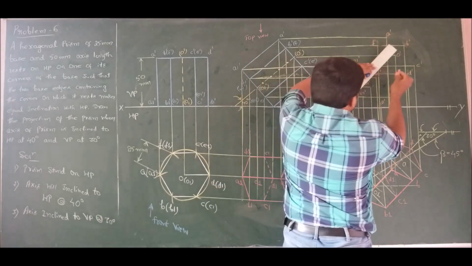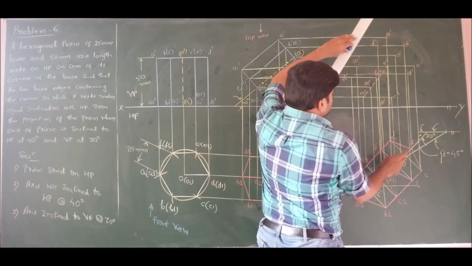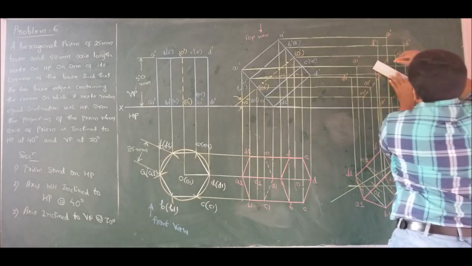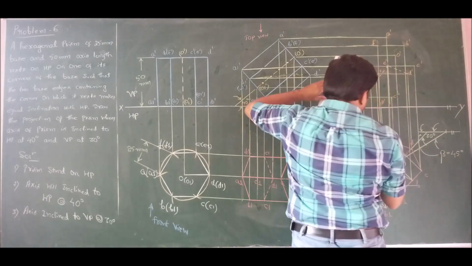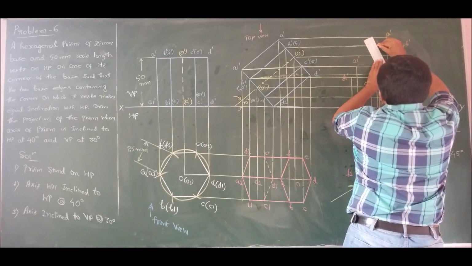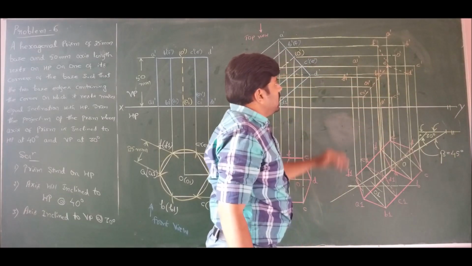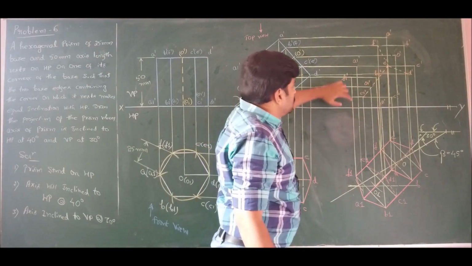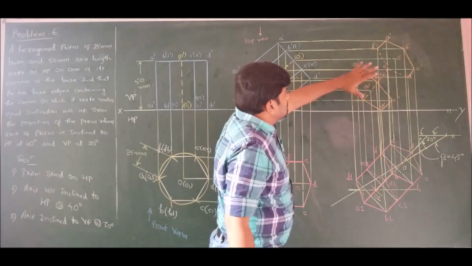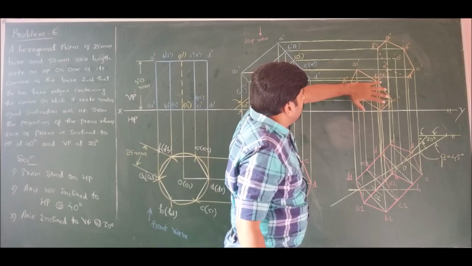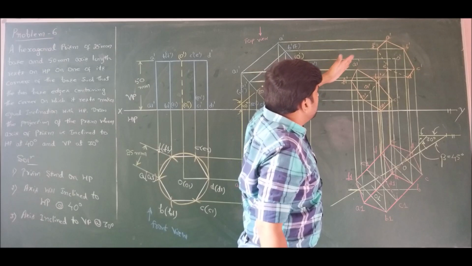Marking E to E1, E to D, that is E dash, D dash and E to F, that is E dash, F dash. So this is the initial invisible edges we have marked. So now join the corners in the bottom face and also in the top face. This completes the marking of edges in the bottom face as well as in the top face. Now join the longer edges.